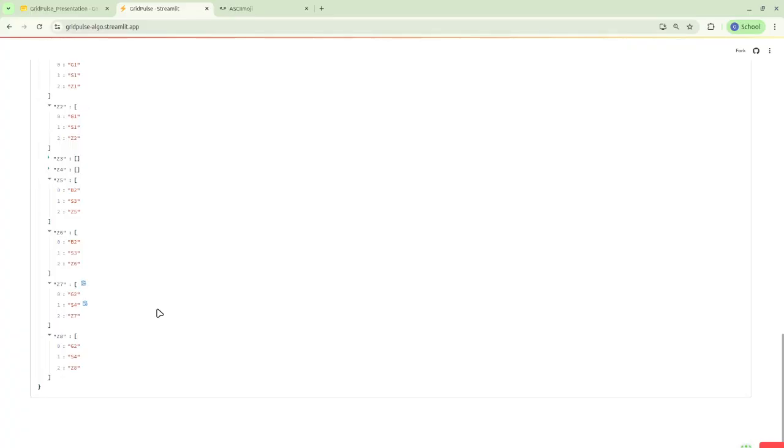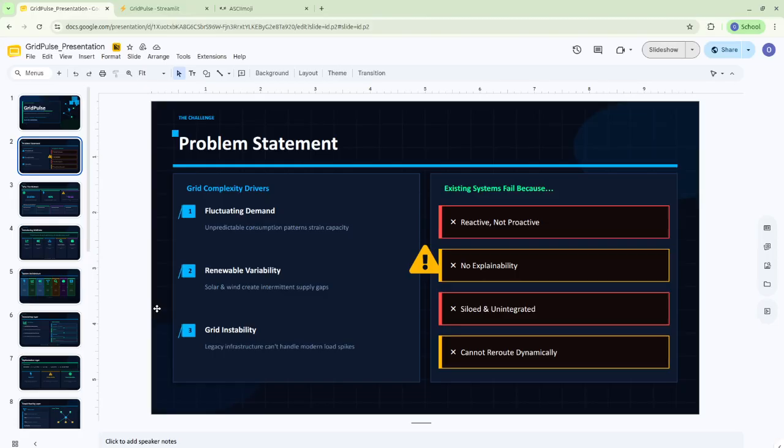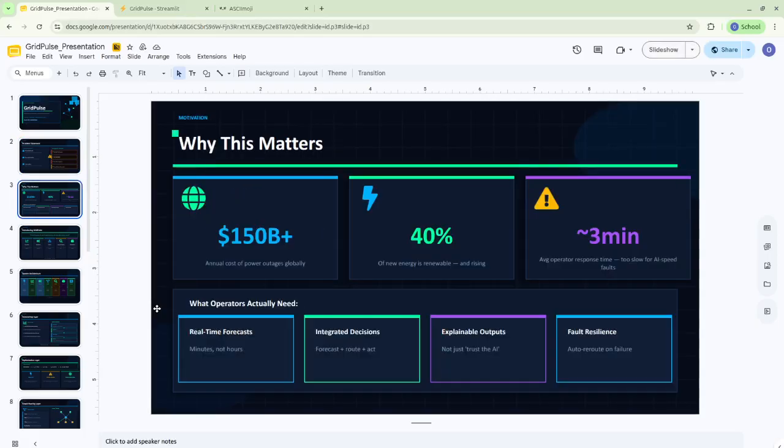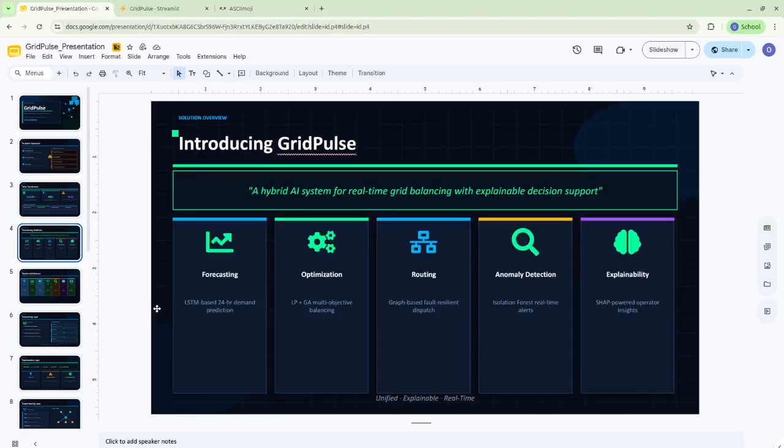And now that's what our problem statement was: fluctuating demand and renewable sources for my homeland. Similarly, for this type of complexity, it is not completely ML control, but instead it's a human in the loop system. Even in the demand surges, the demand spikes, max utilization climbs towards the limit, and the AI flags a high priority dispatch condition. And this is the forecasting, optimization, routing, and